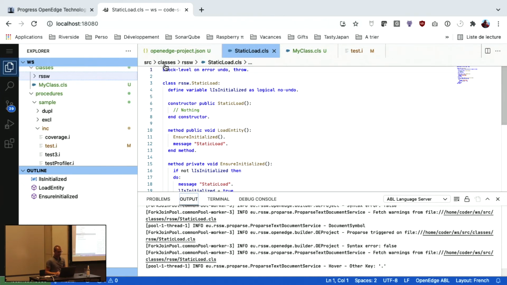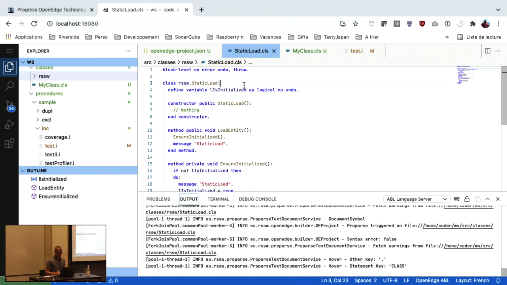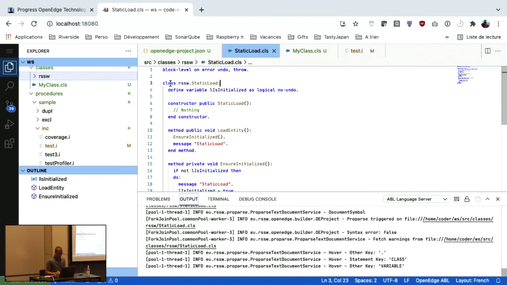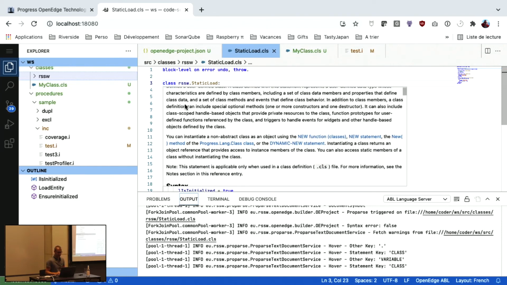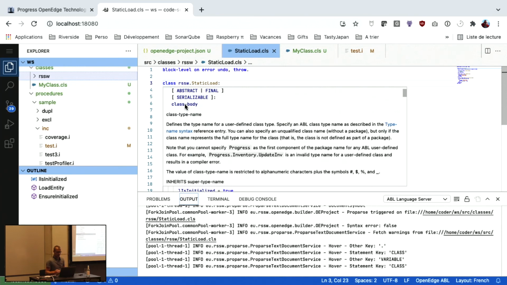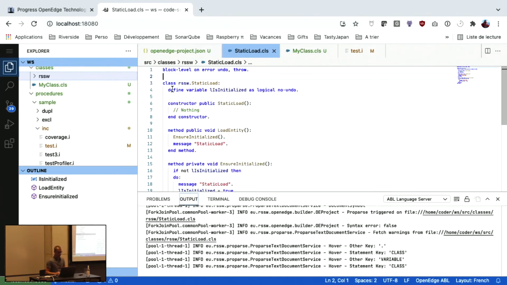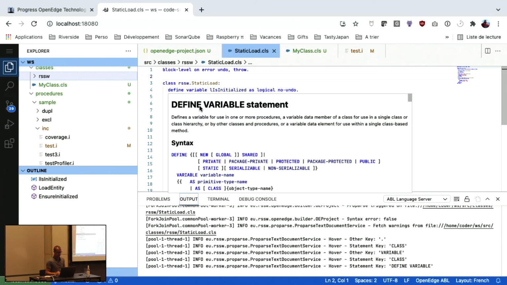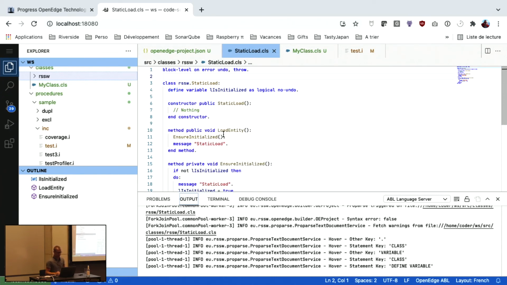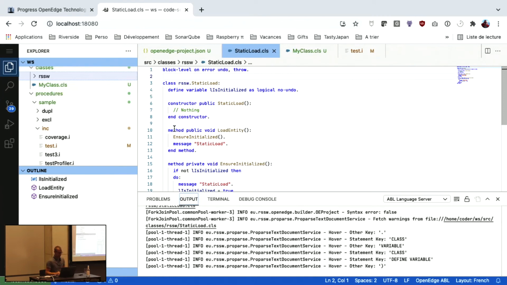Here, if I pass the cursor over any statement, I have access to the documentation. So this is read directly from the Progress website, so that will be kept up to date with the latest version. This is directly fetched from the website. This works for all the statements, whether it's a defined variable or defined parameter.